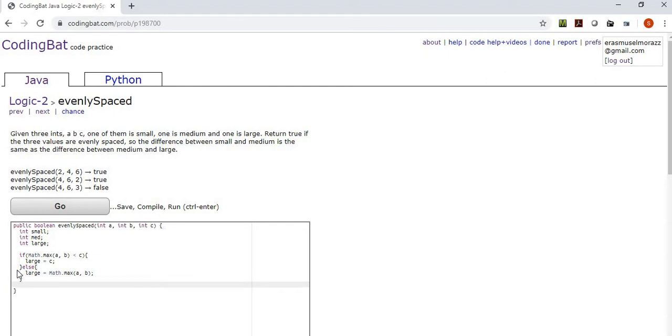And then we're going to do this with the small, with the appropriate changes. So if Math.min(A, B) is larger than C, then we're going to set small to C. Otherwise, we're going to set small